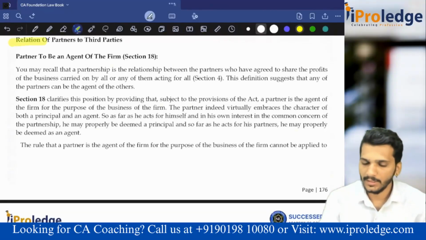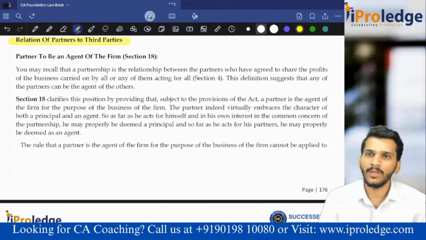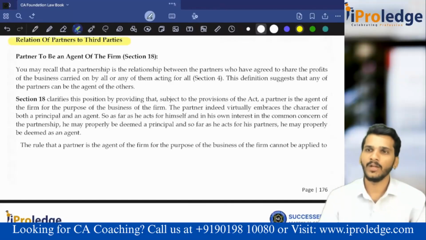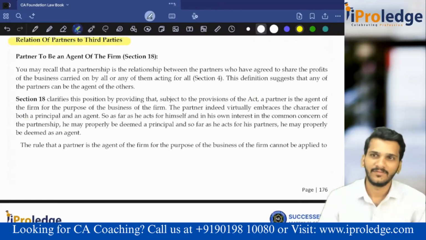Then relation of partners to third parties, how they related? He is my mama, my atte, my katte. How many of you like your attes? Atte means dad's sister. Does she have a daughter? No, I'm asking. Two daughters. That's why you don't like her.